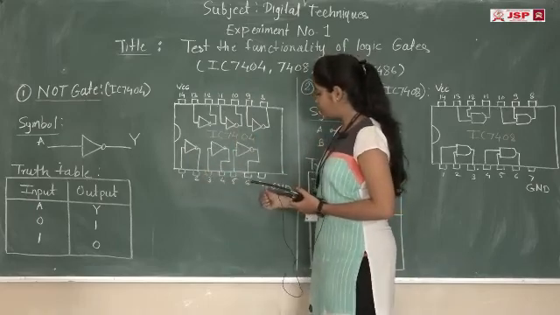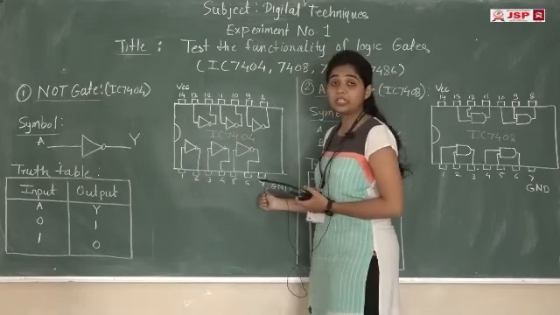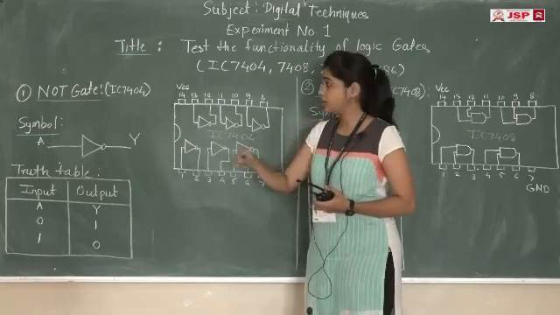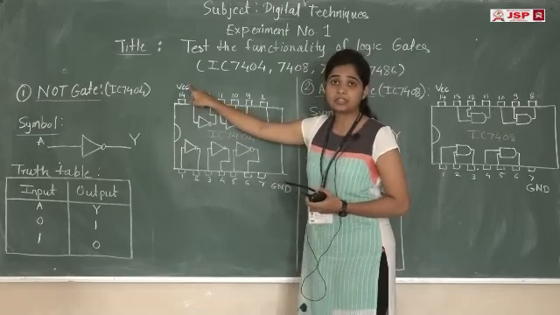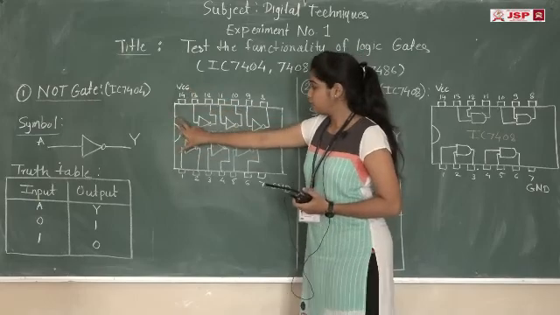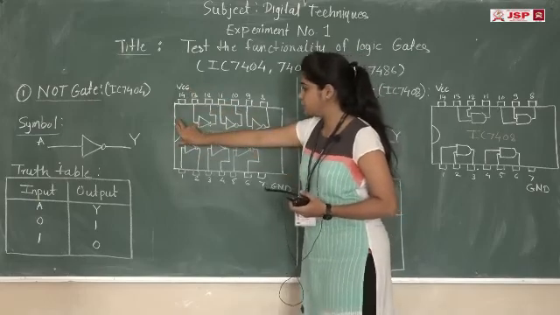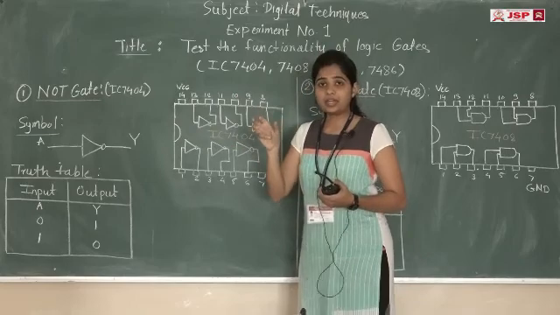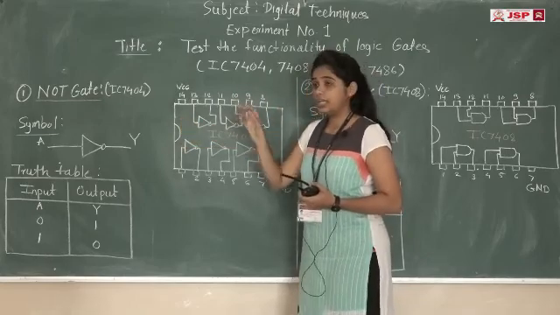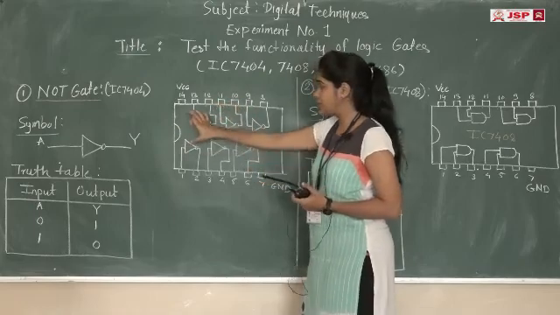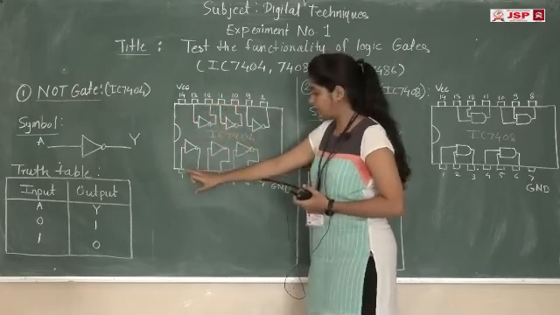Pin number 7 is connected as ground, and pin number 14 is connected as VCC, that is the supply voltage. Now this IC has a notch. When we connect this IC in a kit, we have to keep this notch in the upward direction, so we can perform this practical correctly.